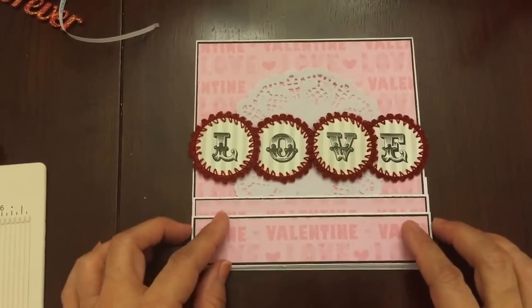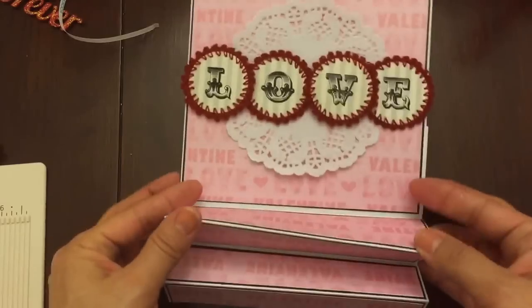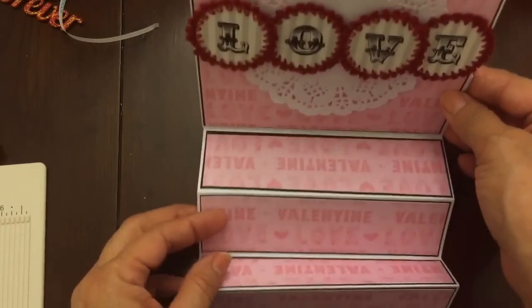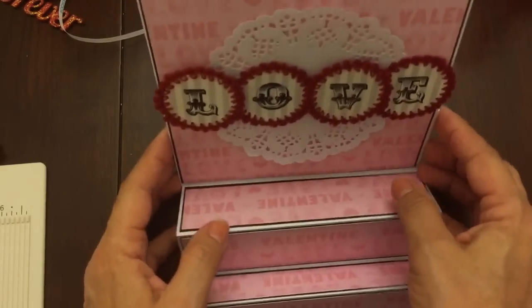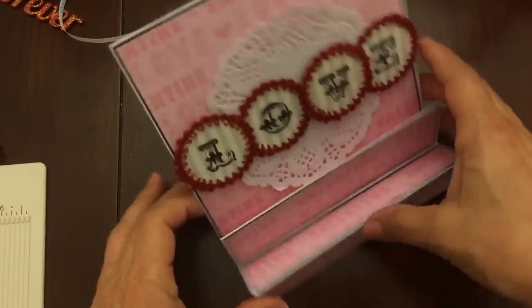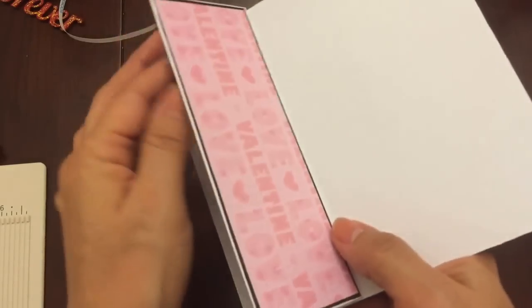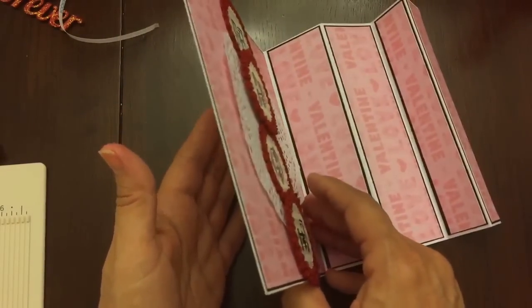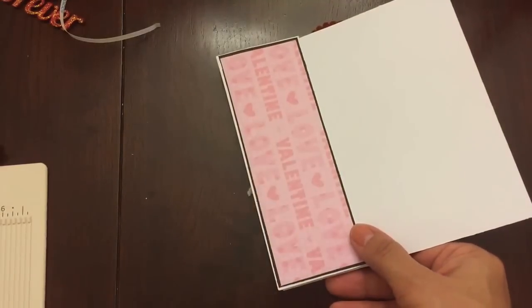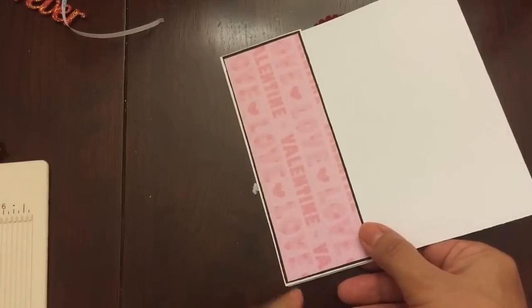Okay, so I've got my mats all adhered to my card on each of the steps, and I'm using very thick cardstock, so my table is very slippery, so this isn't holding up. So what I want to do is I want to reinforce the back of this so that it'll only open so wide. So what you need to do is get a piece of cardstock that measures 2.5 by 6, and